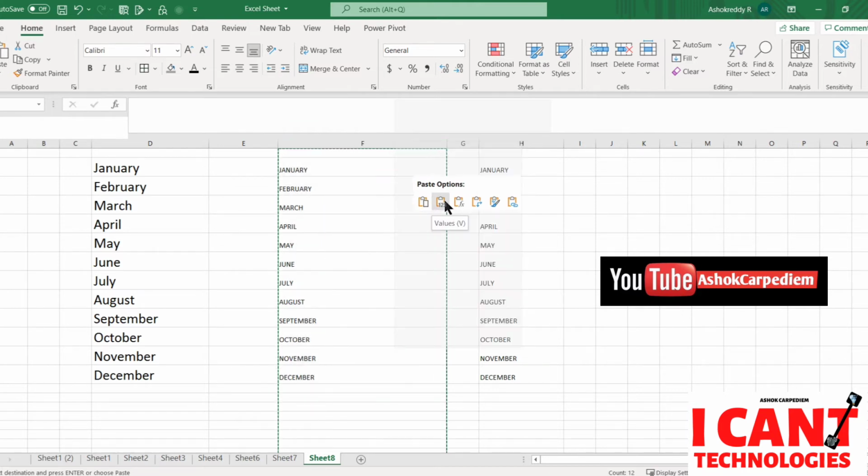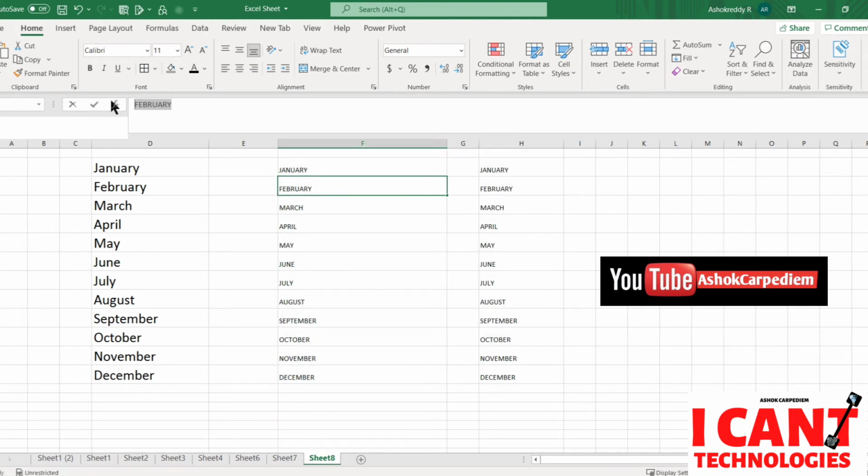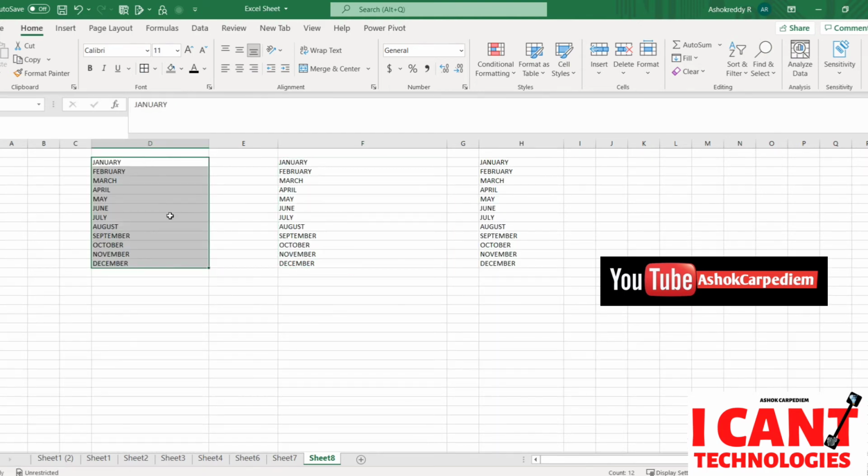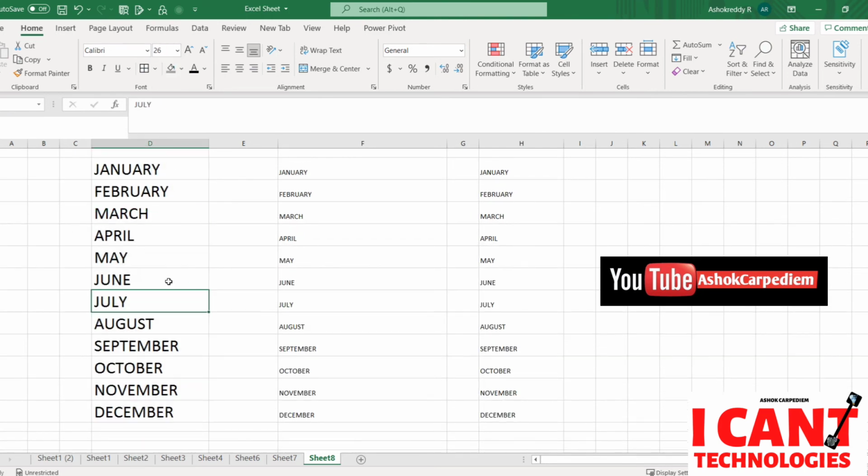If you see in paste options, you have values, so just click on values. Now if you click here, see that formula went, you have only alphabets. Then you copy and paste here, so your work is done. After that you can change your font whichever you want and it will become normal. Okay,